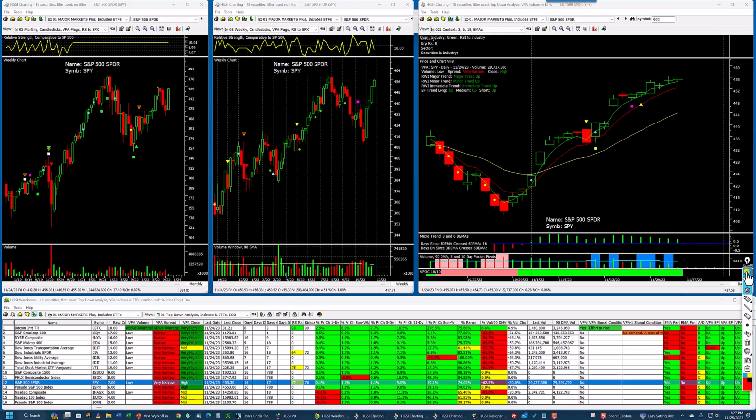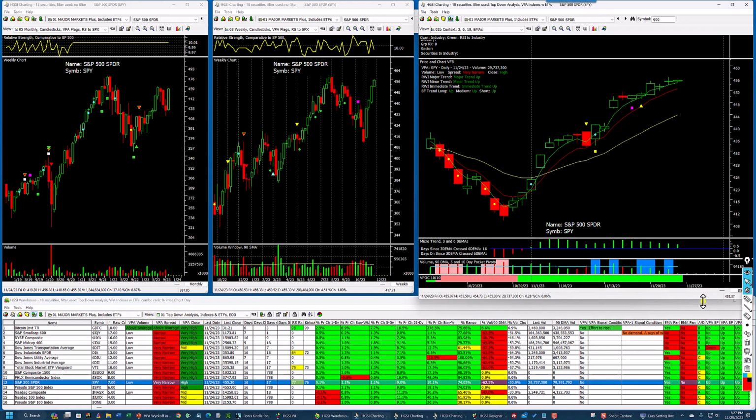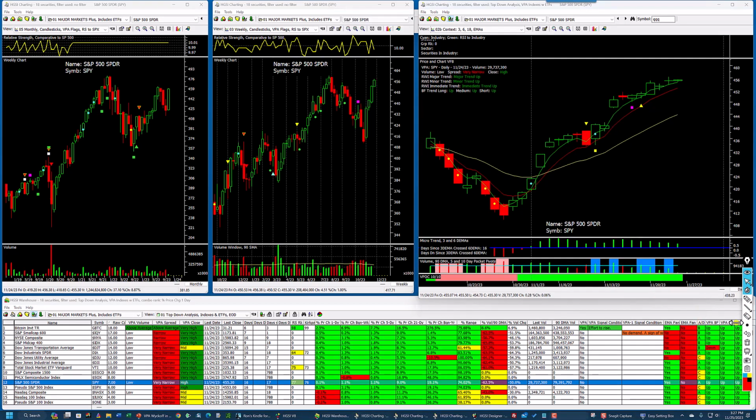So I'm going to bring up an arrow here, and okay, there's my arrow. And I'm going to point out that 17 days ago, which would be right here, that's where the 3 crossed the 6, and there was an effort to rise